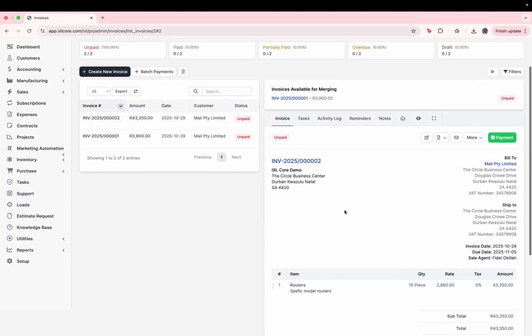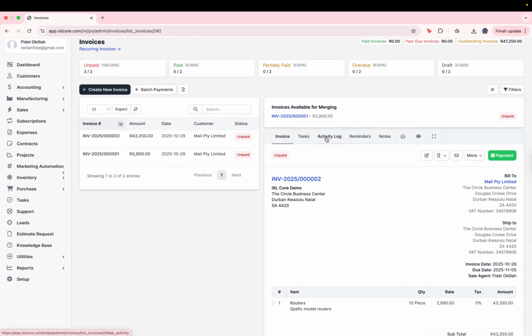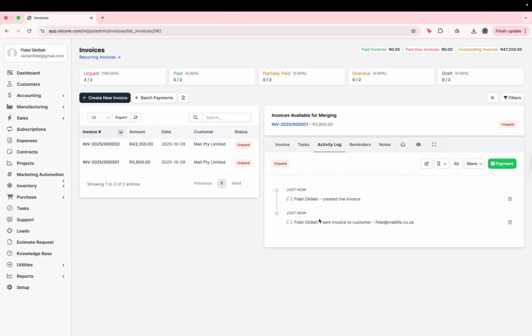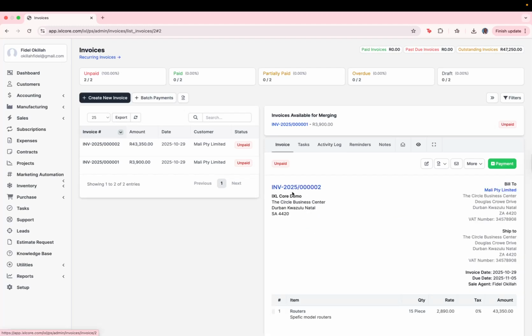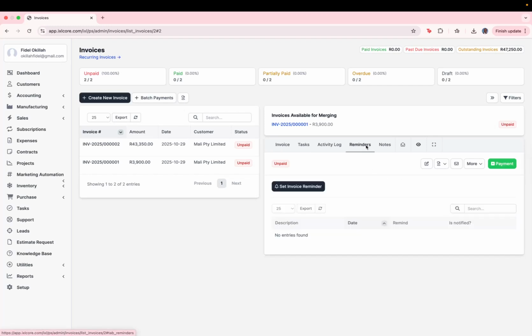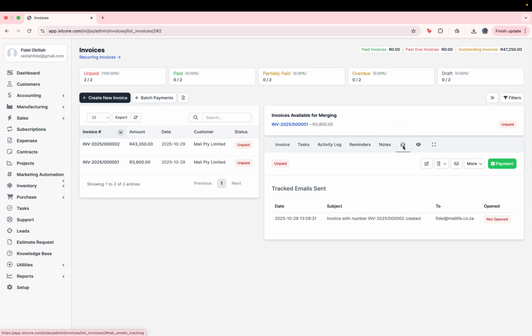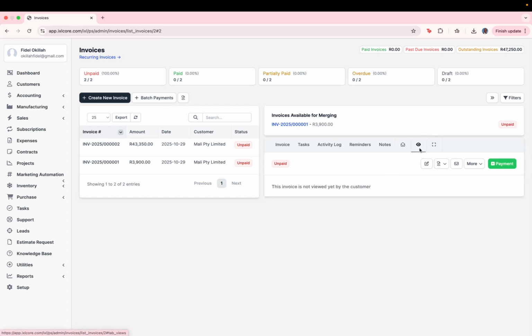That via email, it's been sent. We can see the activity log. It was created, the invoice was created, and has been generated from our iExcel Core demo to Mali Pty, which is the client. We can have reminders for this invoice, any notes we need. Again, iExcel Core will tell us once the invoice is opened by virtue of tracking the email sent, and we're also able to see if the client has viewed